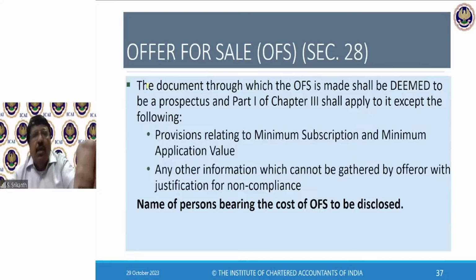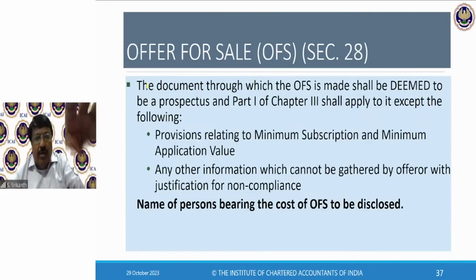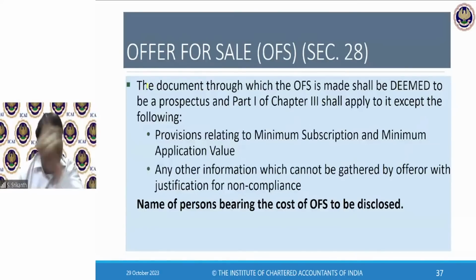So these conditions, which will be given in allotment, will apply to OFS also. Suppose the prospectus is given, OFS is given, applications are coming. Then you should ensure that the total size, in my example, 2 million public offer and 1 million offer for sale, total 3 million, out of that the minimum subscription should be received. Only then you can allot the shares. Otherwise, money should be refunded, which is why the money will be kept in a separate bank account under escrow.